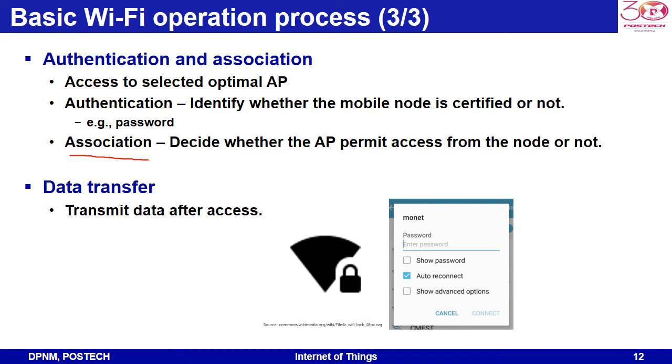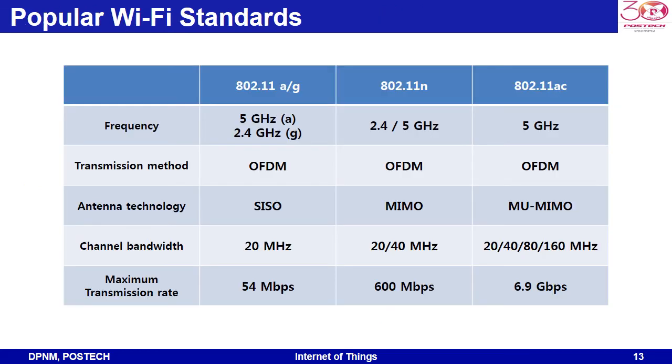Association only occurs on wireless infrastructure networks, not in ad hoc mode. A station can only associate with one AP at a time. After this, data transfer can happen. There are many Wi-Fi APs on the market today. In fact, various APs use different Wi-Fi standards. I told you that